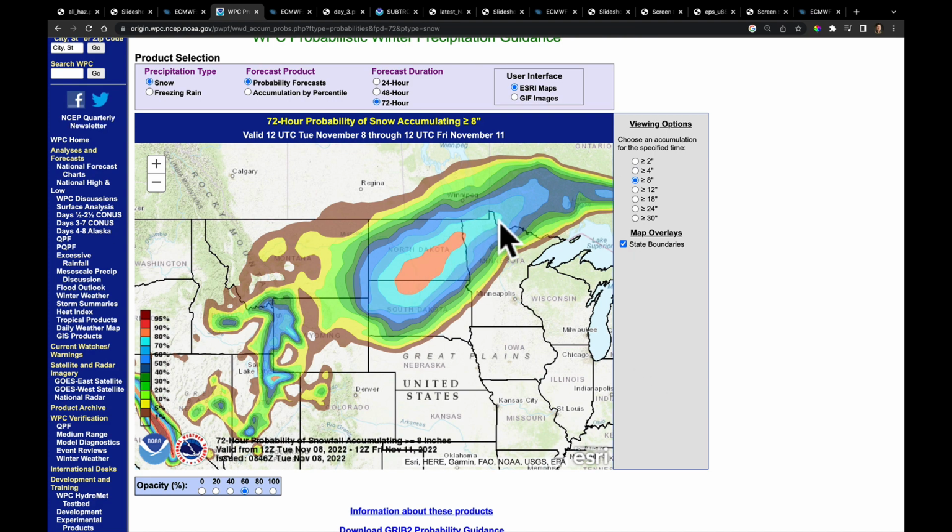And what you see here is that the corridor right in through this area, coming out of northern South Dakota, stretching toward the Red River Valley, is where we have the best probability of seeing the heaviest snow band. So let's keep an eye right in there. It's also right on this side of the Snake River Valley that we could see it as well,